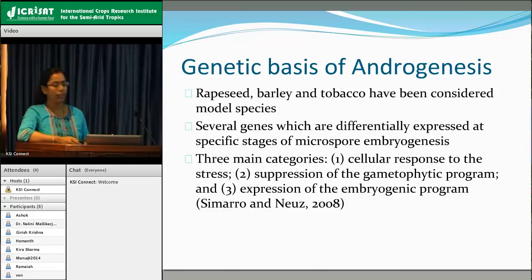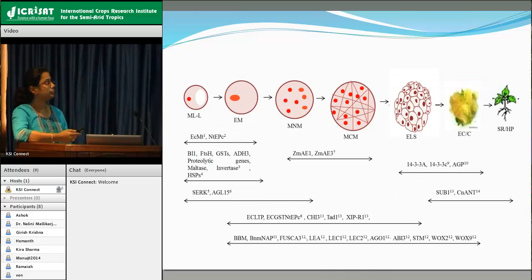It is the cellular response to stress, and it is acquisition of the embryogenesis fate and suppression of gametophytic program. And the genes which are expressed have been classified under these categories. And here you can see the different genes which are being expressed, which have been studied. This is SERK, somatic embryogenesis receptor kinase, and AGL15. These 2 have been